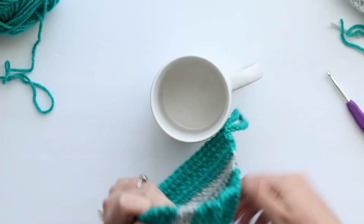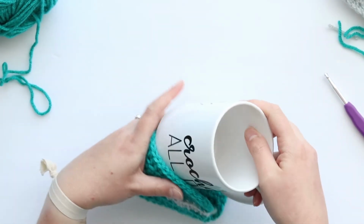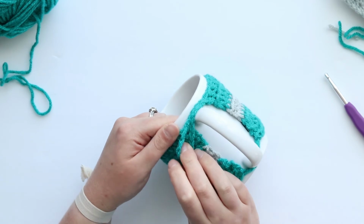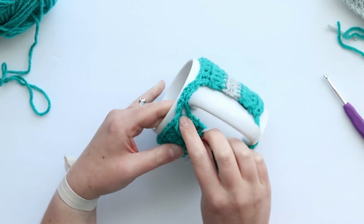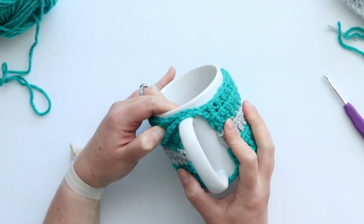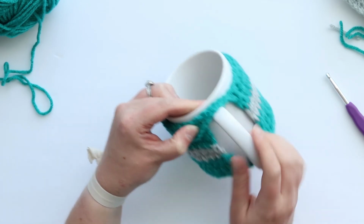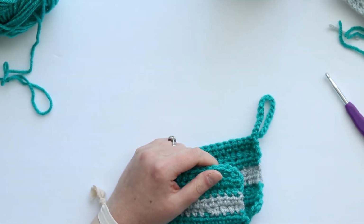All right, so I finished weaving in all my ends and now we're going to do kind of a dry fit to see how it looks on our mug and also to figure out where we want to put our button. Depending on how loose your chains are, you might need to have your button a little bit further out, which is totally not a big deal. But mine looks like it can pretty much go right in the corner. So I'll take it off, get my button ready,